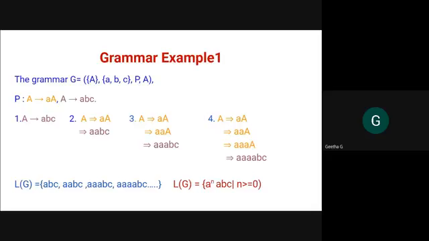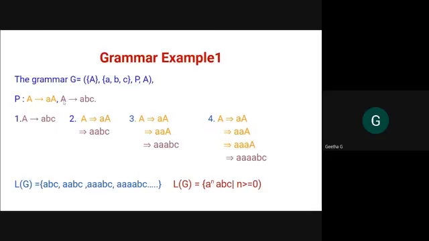So here, how I had derived the strings, right? And students, please remember, this is an important point I want to give you. Whenever you start deriving strings, or you are going to find the language generated from a grammar, you have to start with a minimum length string, so that you can understand what pattern it is and how the language is defined. So you can easily understand. The minimum length string is generated by applying only one rule, that is rule 2.